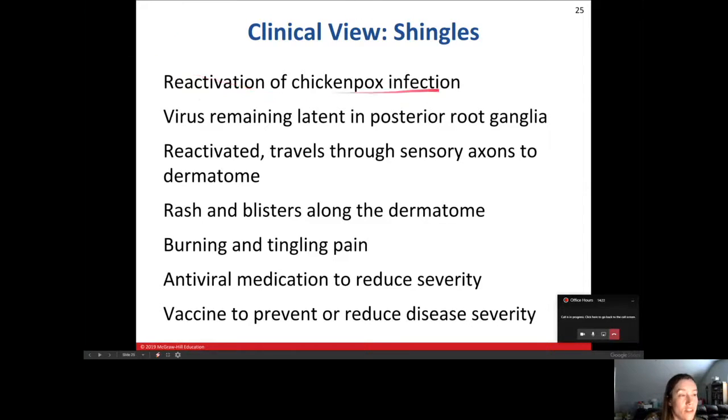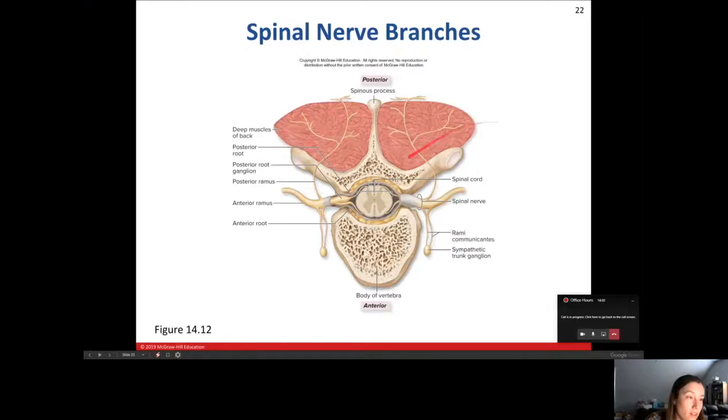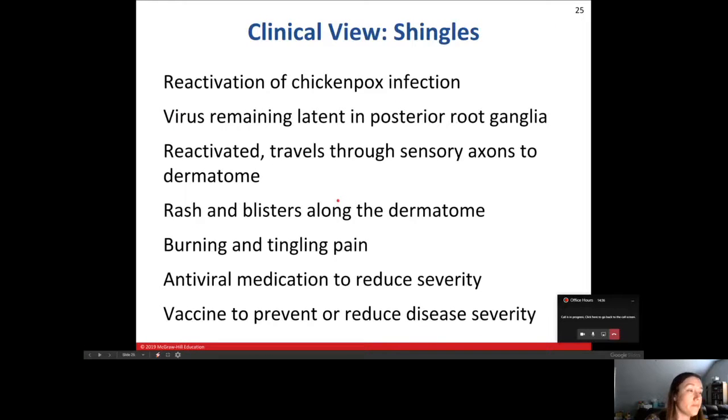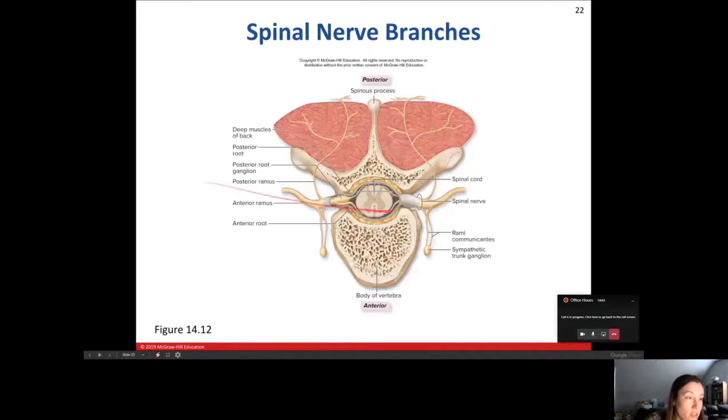Shingles is a reactivation of the chickenpox infection. So it's a virus that remains latent, which means it's kind of hiding in the posterior root ganglion. So it would be up here. After chickenpox, the virus remains there and hides from your immune system for years, a lot of times. And if it's reactivated by stress or something, it can travel through the sensory axons to the dermatome. So it'll travel through the sensory portions here, all the way out to the dermatome, wherever area this is supplying